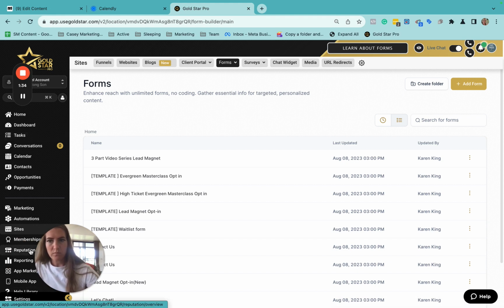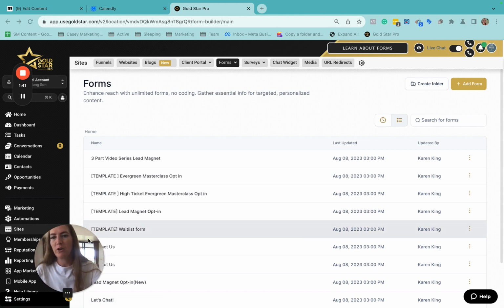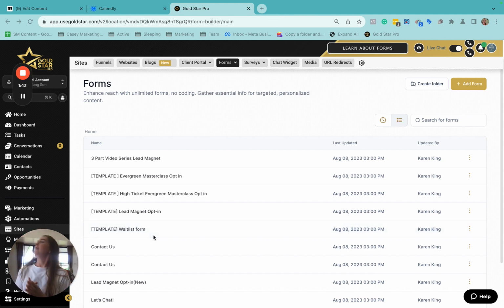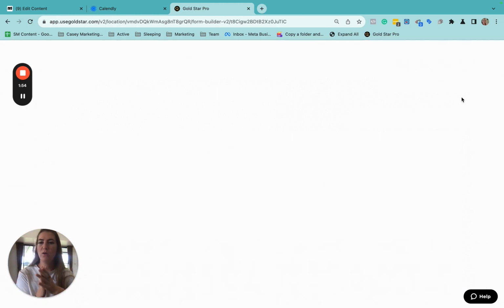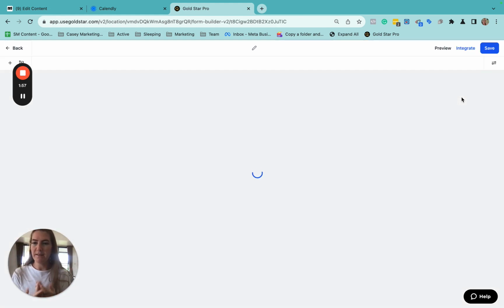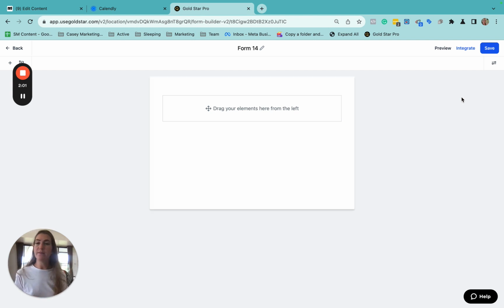If I just head over back to, sorry, I'm distracted now because I wasn't planning on doing that. If we head over to forms, I'm going to show you a basic form. So in your calendar, you can attach any form to any calendar. And what you need to do is you need to ask a series of questions that will allow you to determine whether or not somebody is a good fit. Now, depending on whatever software you have, it's going to be slightly different for you. So this is just a general